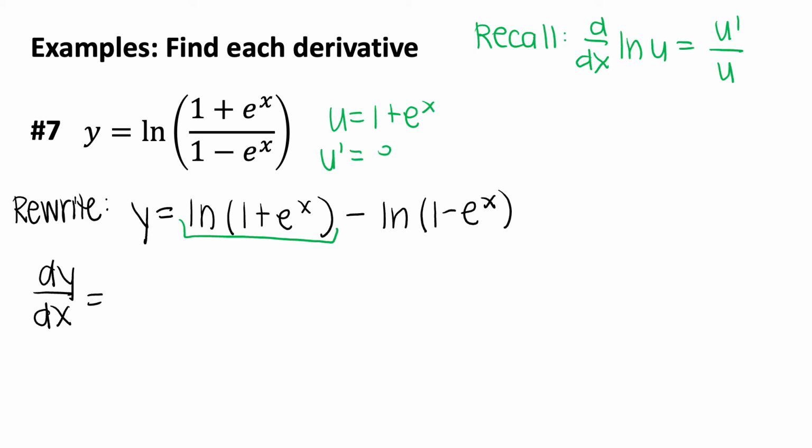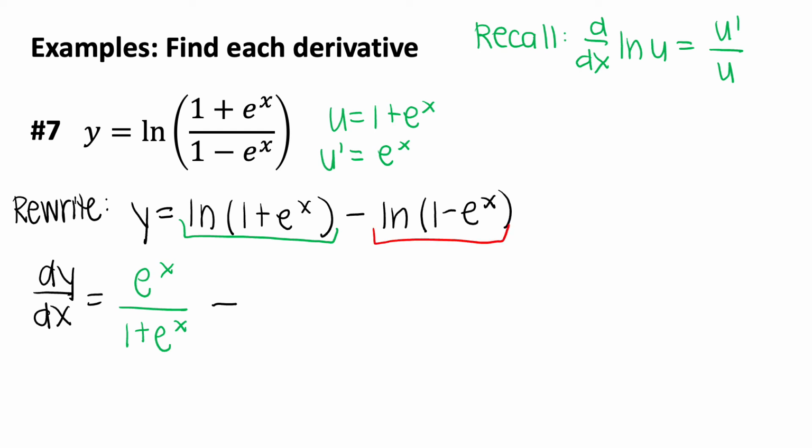The derivative of e to the x would be e to the x. So our u prime over u for our first term would be e to the x over 1 plus e to the x. And then we will subtract